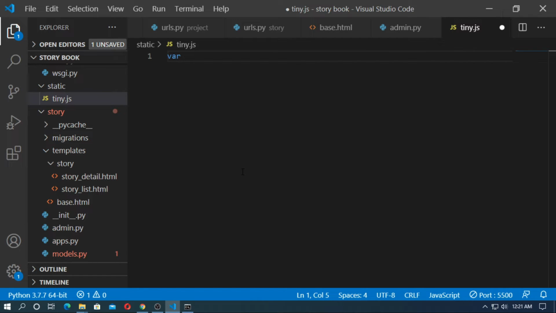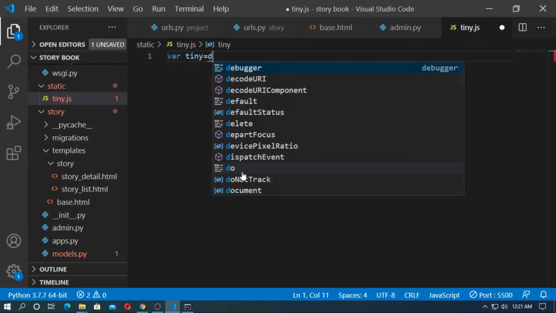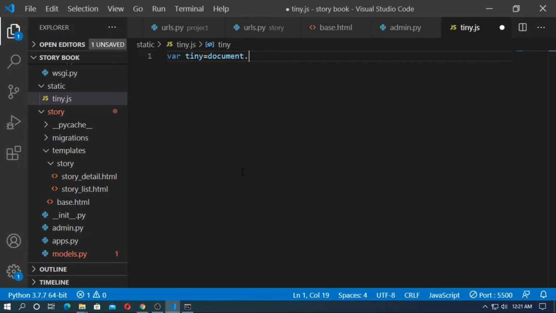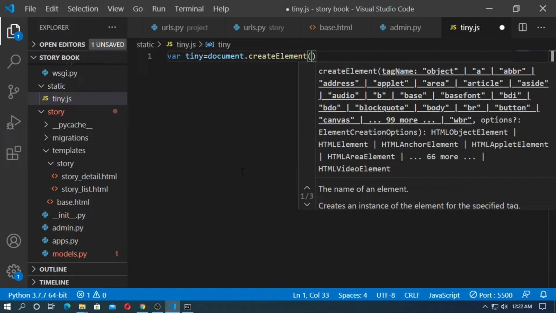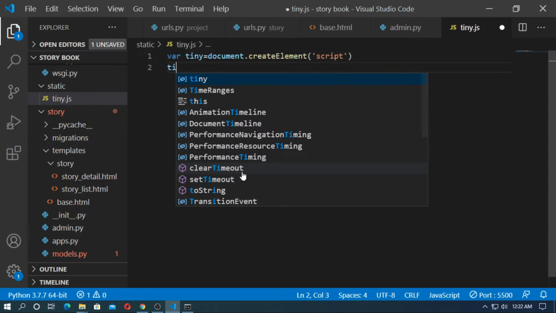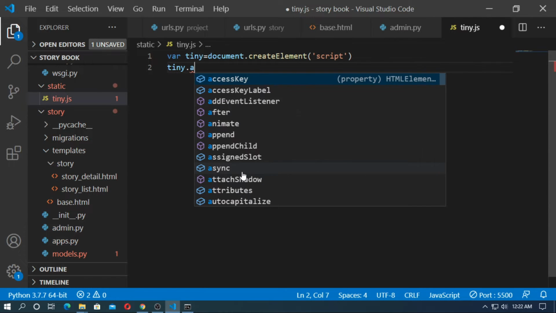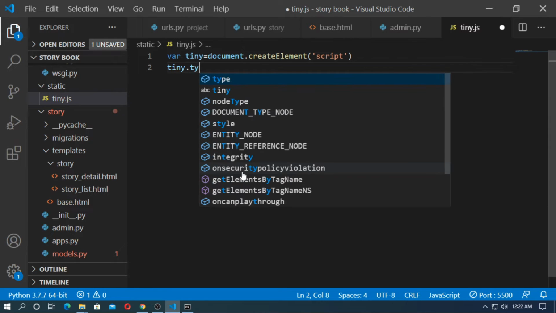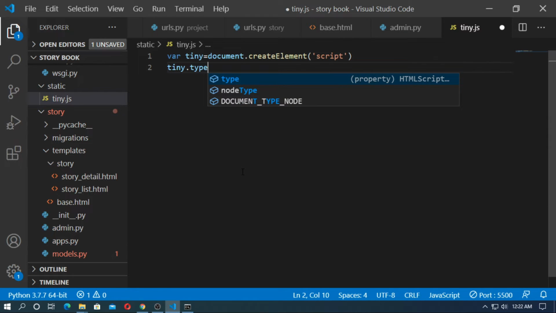So var tiny, this is the variable, equal document.createElement('script'). Okay, and now type tiny.type equal text/javascript.